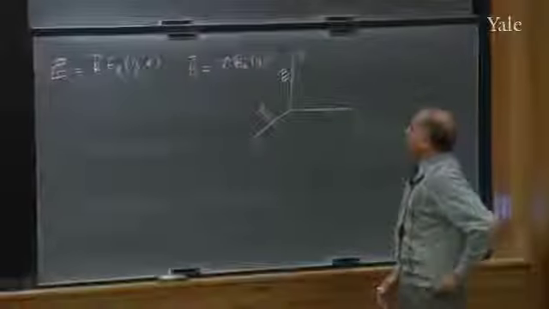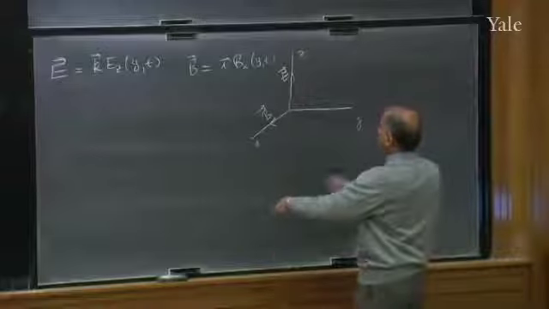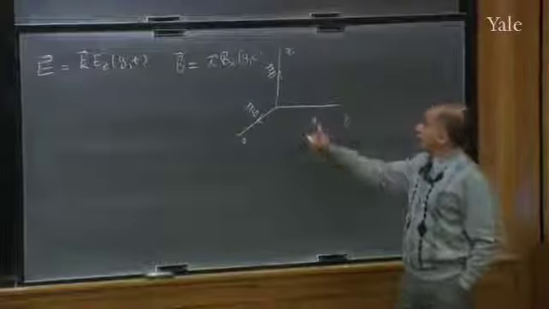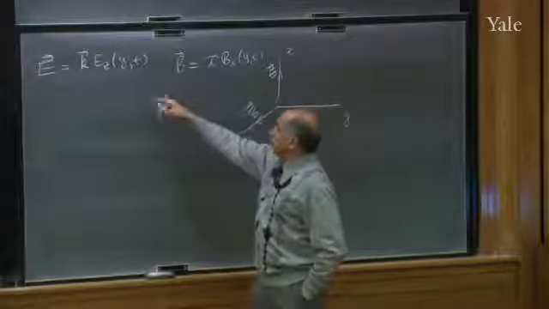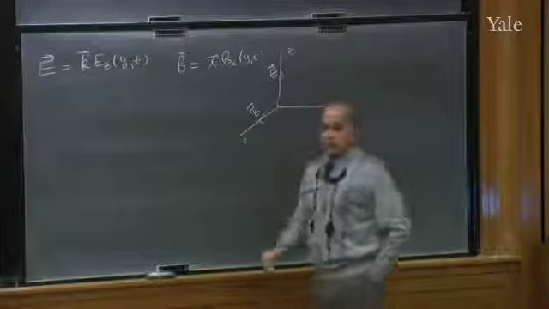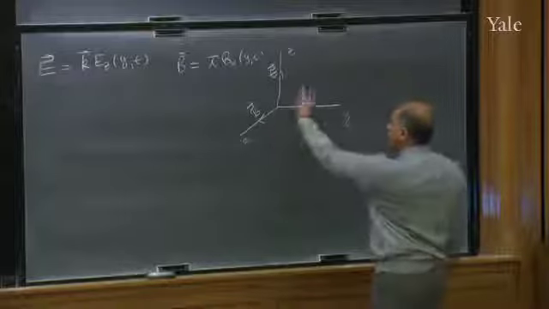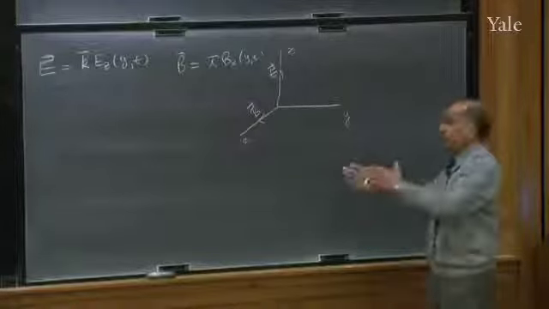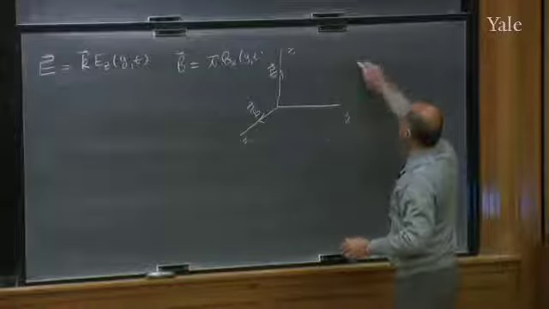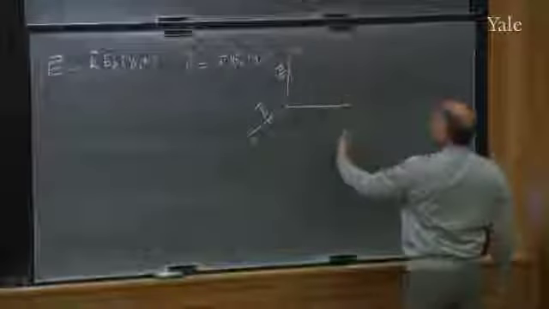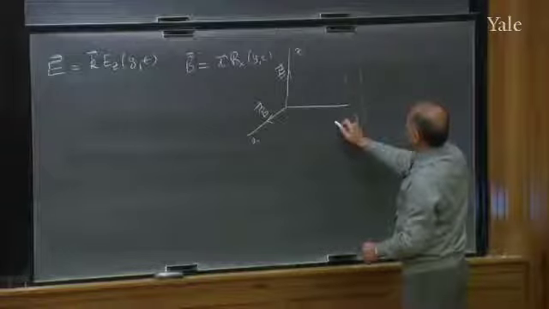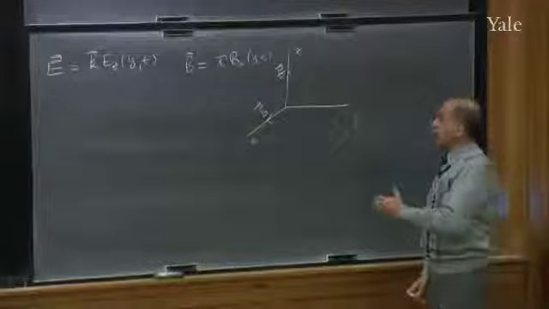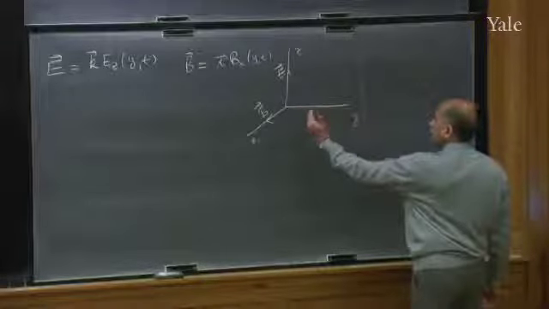So this is called a plane wave, because if you take the plane y equal to 0, E and B are constant on that plane, because when y is fixed at some value, E and B are not changing as you vary x or z. So you should think of it as plane after plane, and on each plane the field is doing something. It's doing the same thing. If I draw a plane here, that field is a constant. E is a constant on that plane, and B is a constant on that plane. On another plane, it could be a different constant, but it doesn't vary within the plane. It varies from plane to plane.